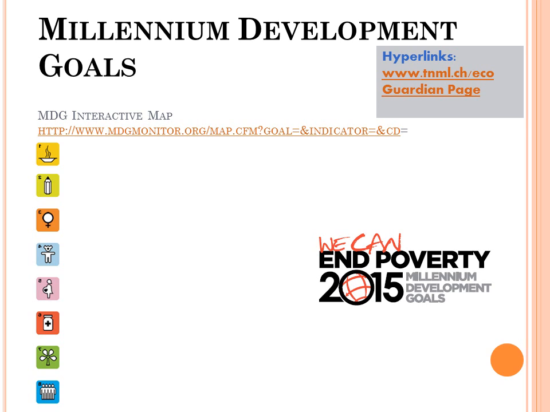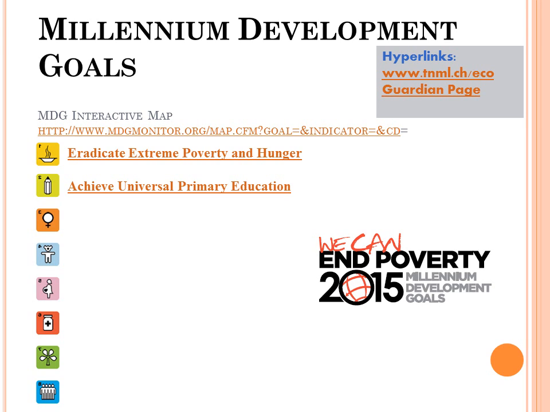Well, first, eradicate extreme poverty and hunger. And this is probably the Millennium Development Goal which has been achieved most successfully. Between 1990 and 2010, the rate of people living on less than $1.25 a day has more than halved. So that's success in the first Millennium Development Goal. Although there is stuff in the extract in the F585 exam specifically relating to this Millennium Development Goal and questioning the figures. The second one is achieving universal primary education.